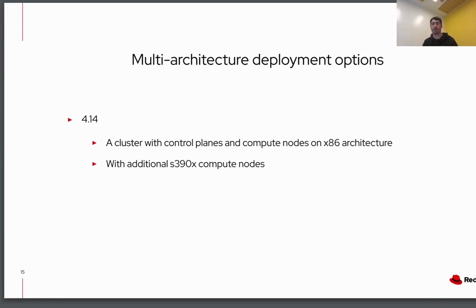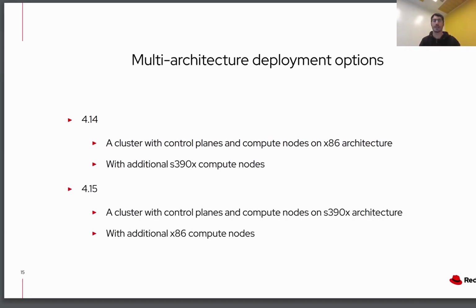But the way you would do it is you would have the control plane on x86, and then eventually you could add some S390X compute nodes to that cluster, which was okay because you can start to use the application running on S390, but still you do have a disadvantage that if the control plane goes down, so if the x86 machine goes down, then you would have a situation where basically your application would not be able to restart itself, for instance.